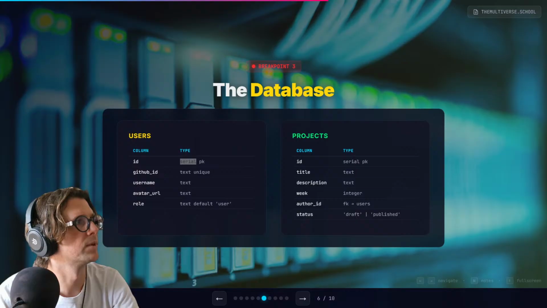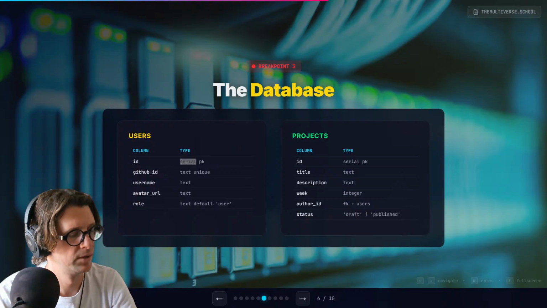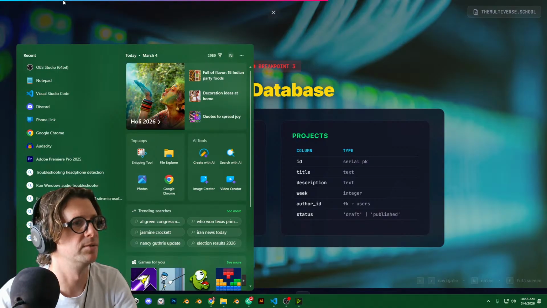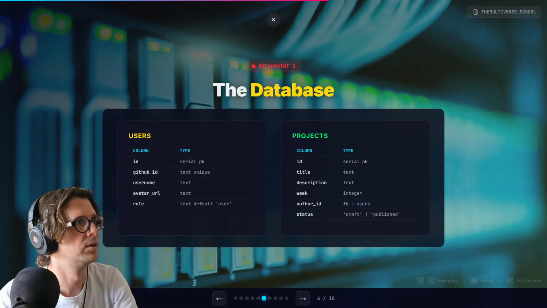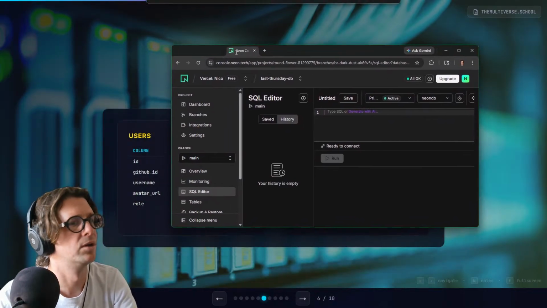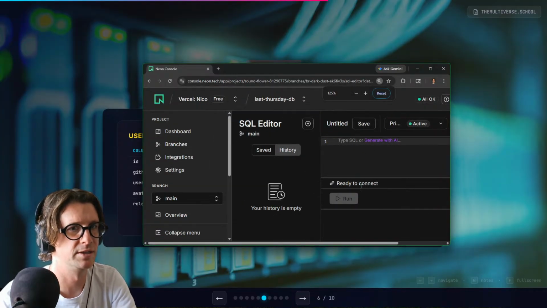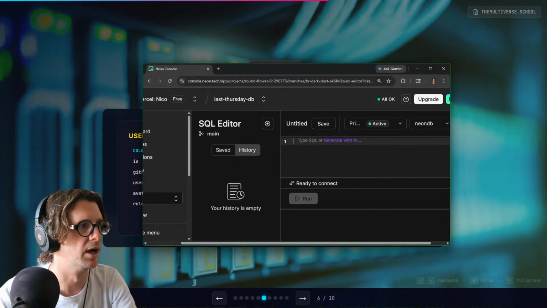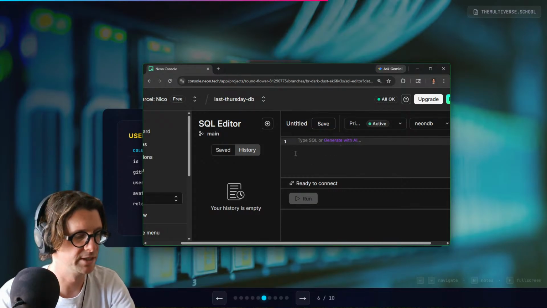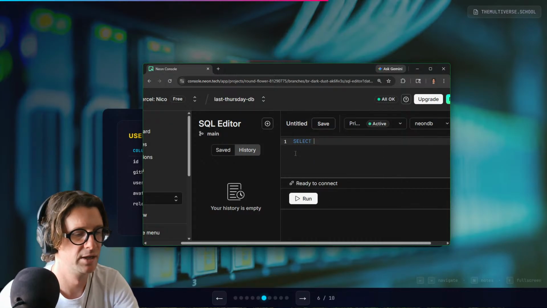Oh, cool. Let's see if this works. Here is where I can just type SQL in. So I will do this really simple